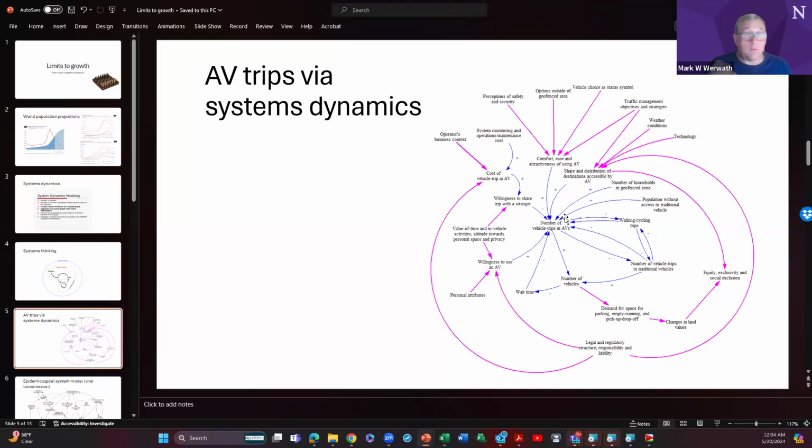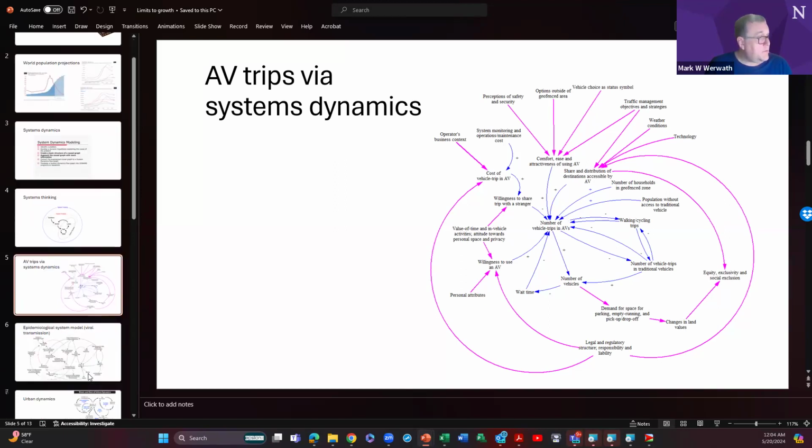So the denser the area, right, the more likely you'll have AVs in successful operation, right? So you can see immediately, highly dense urban areas versus rural or suburban areas will have vastly different approaches to autonomous vehicles. This model is really meant to try to understand that kind of behavior that comes from these various influences.